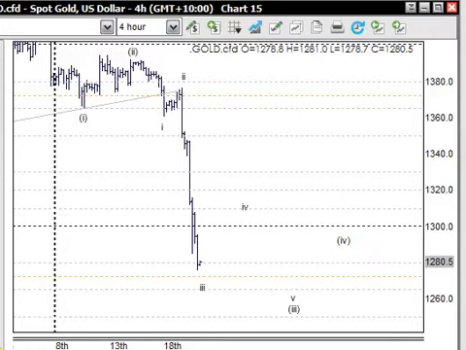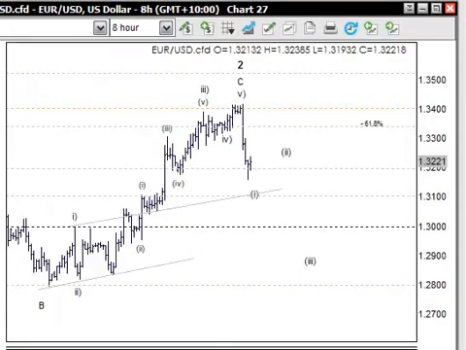Okay, well that's it. Let's have a look at Forex as well. Okay, starting with the euro this time. We're looking at that wave 2 up the top here to be in place. So as long as that high there stays in place, we'll be looking for a bear market to come to